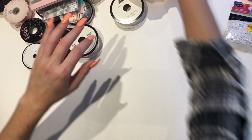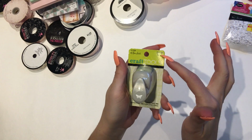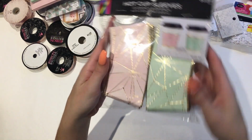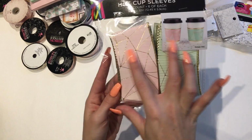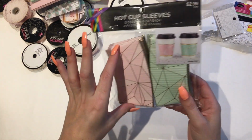Then I got this cute little doodad. These were, I think, 50 or 40% off, so $1.50. It's a little butterfly. I figure I could add that to some of my spring. Then I got these. I've never seen these. They were on the end cap. They're pink and mint and gold foil sleeves, coffee sleeves. I figure I can make like little,